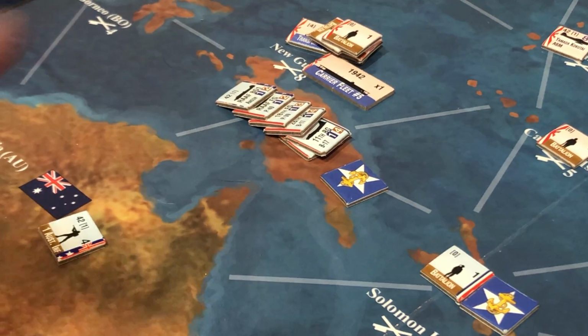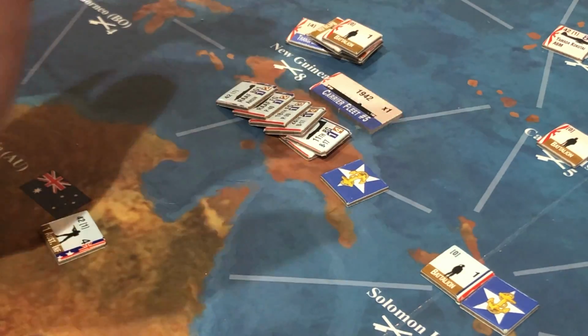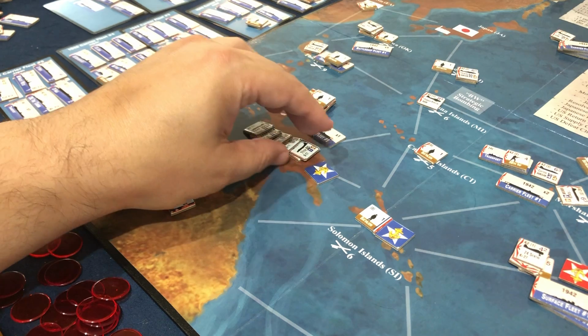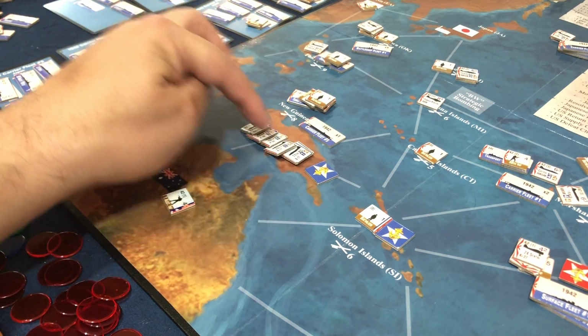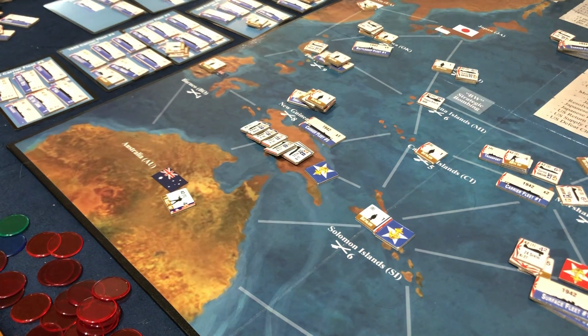Carrier Fleet 5 is defeatable if I had my Navy up against them. It's not defeatable with just a bunch of planes that don't have a sea value. They have only ground attack values. So that part hurts. Anyways, I'm going to end the video here,